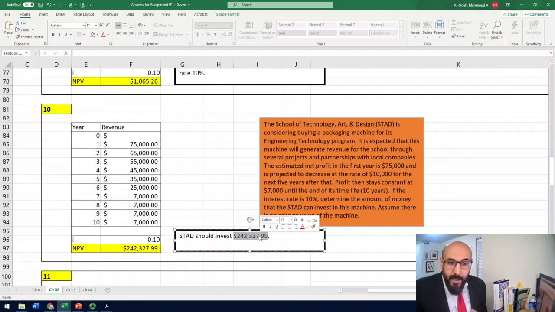So if they could invest less than this amount, assuming that they found this machine for $200,000, then in this case they're making more money. They're making about $42,000 in profit. But at this time they're asking how much they should invest. They should not invest more than this amount,